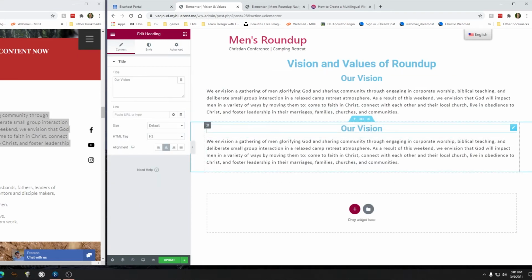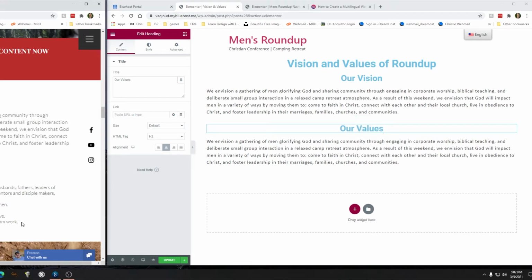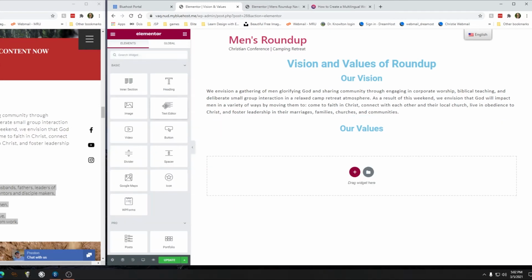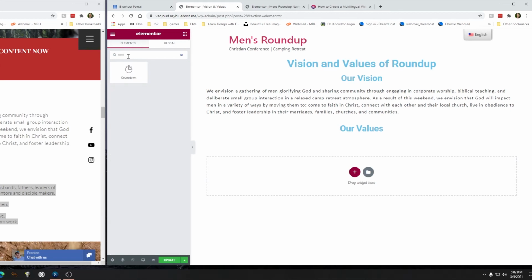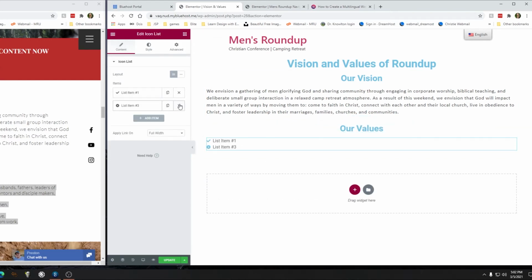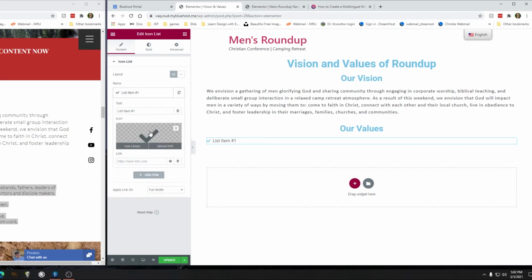And this is going to be our values. And then I'm going to copy this right here. And this is actually not going to be this type, because there's a really cool plugin for a list. Icon list? So we're going to do an icon list here. So we're going to kill off these. And the icon is going to be,